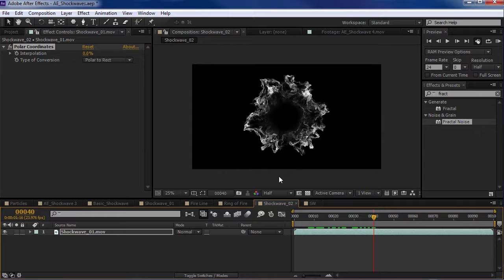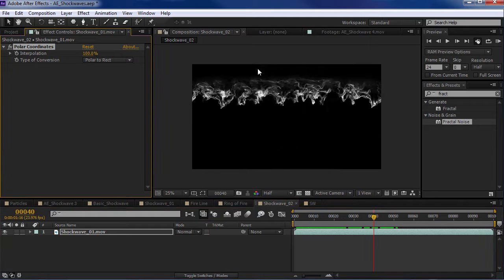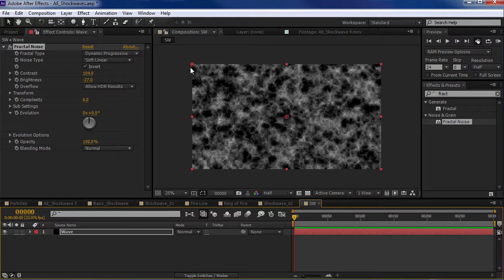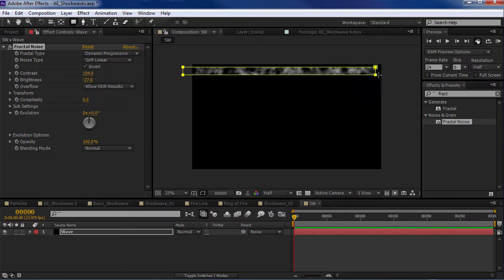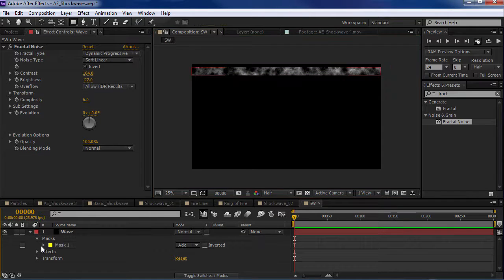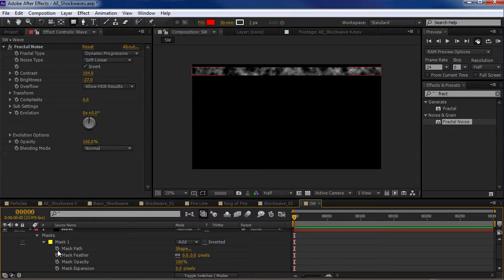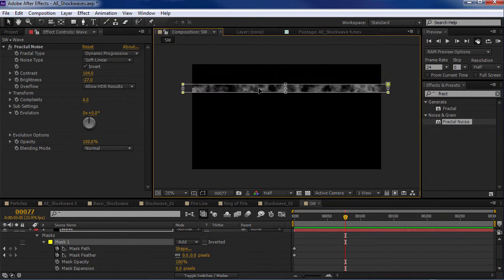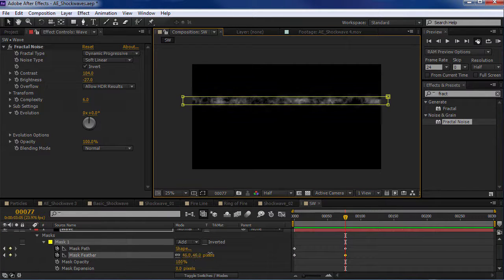So if you remember, when this effect is on, the shockwave comes from the top. So what we want to do is build the effect coming from the top down. So we're going to select the rectangle mask tool, and we're just going to draw a shape around the top portion like this. And then we're going to just do a few things. So let's keyframe the mask path, the feather, and maybe we'll move forward. Then we'll take the selection tool, drag this down a bit, maybe turn the feathering amount up,